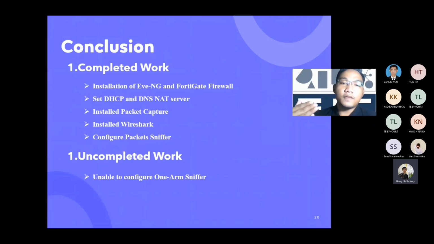In conclusion, for the research topic, I have completed the installation of EVE as well as the FortiGate firewall in order to provide internet service, with the FortiGate firewall managing this internet service. I also already set up the DHCP, DNS, and NAT server in order to provide the service and manage the client network, and also installed the packet capture and Wireshark, which will associate with